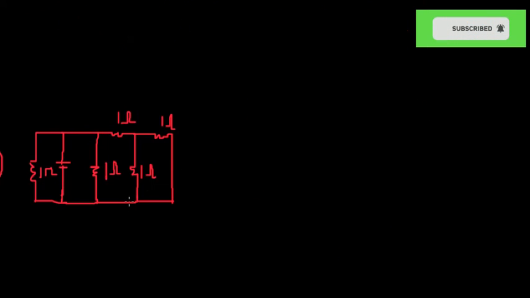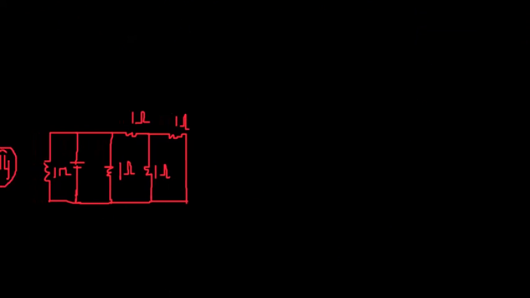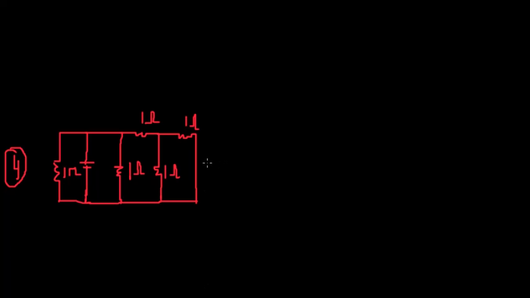Now let's move on to the last and final example, okay? So now I'll do this straightforward so that we won't waste too much time on this. I'm going to simplify this as best as I can, okay? So now let's see. You can notice that this is in parallel. 1 ohm and 1 ohm is in parallel. So you have 1 ohm in parallel with 1 ohm, okay? Plus, now